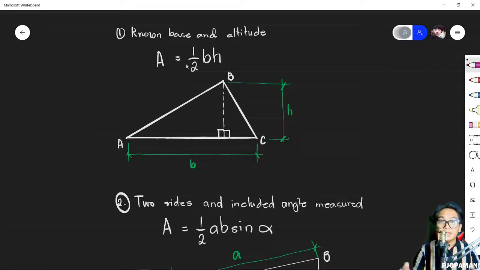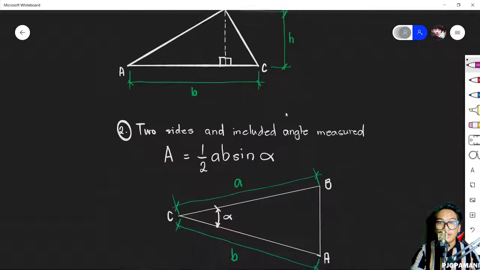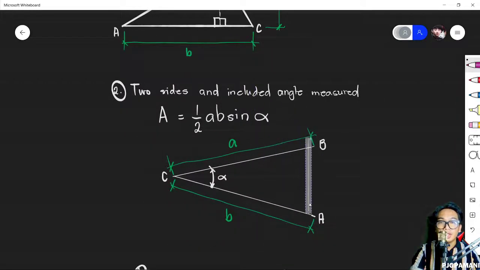First up is the known base and altitude, or simply your most basic formula in computing the area of a triangle or a three-sided polygon, that is 1/2 base times height. As shown in this figure, you'll have the base and the height of a triangle as it was identified. Then the second one is